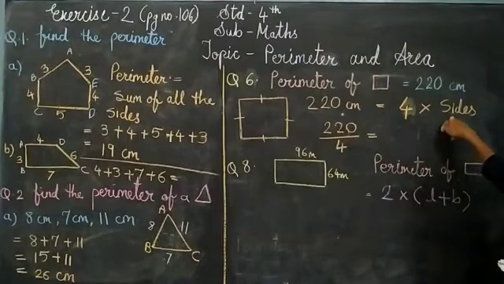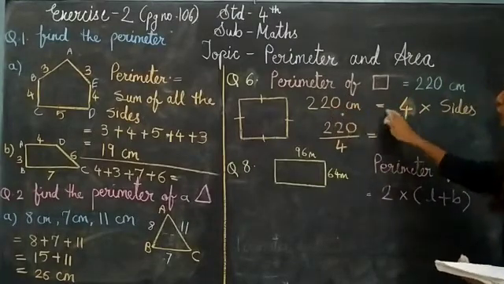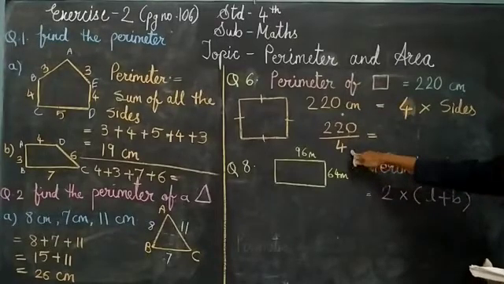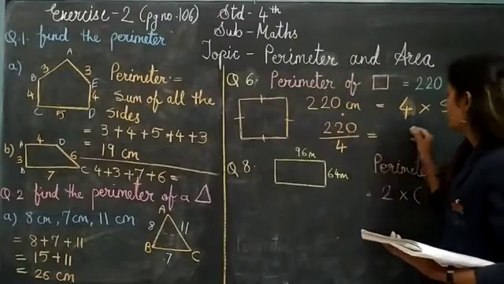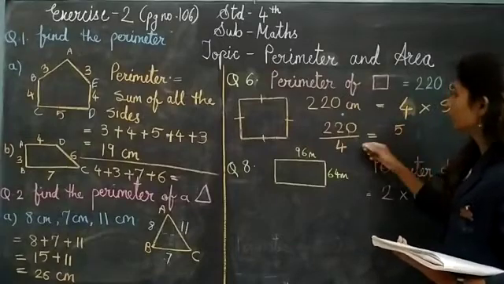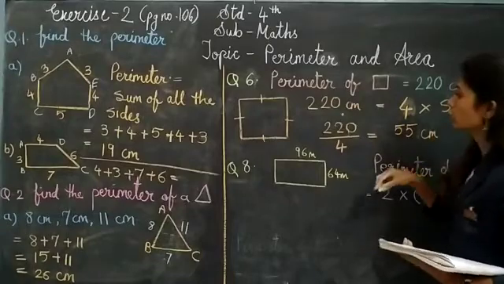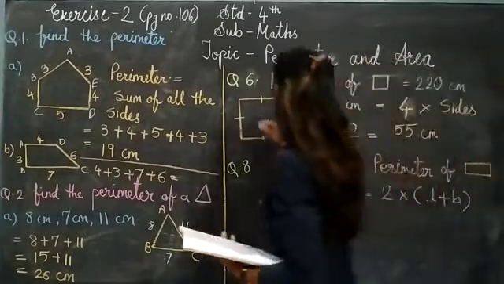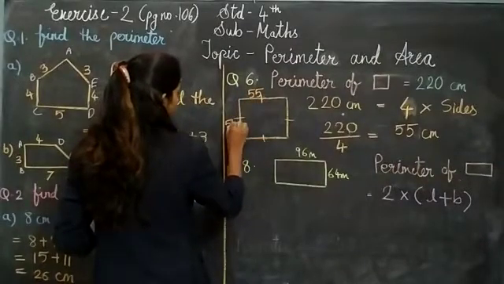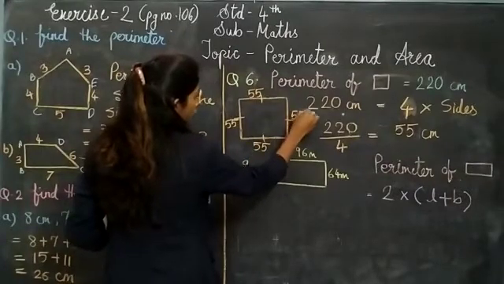For finding the sides, we have to shift this 4 to the left side, and when we shift this 4, that 4 gets into a division position. So let us all divide this. 4 5s are 20, and this next 20. 4 5s are 20. So in this way, the length of that square side is 55. 55 will be this side, then 55 of this, and the last side is also 55.